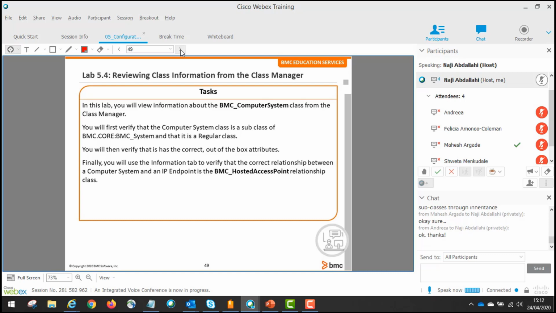Okay, good. Time for you to do your lab now. So you've all got a lab environment that you've been connecting to. What we're doing now is going to be lab 5.4. So lab 5.4, what we're going to be doing there is viewing information about the computer system class, which we agreed was a class in which we could put things like servers, laptops, switches, by specifying the type of item that they are. We're also going to verify and understand that computer system is a subclass of BMC system,